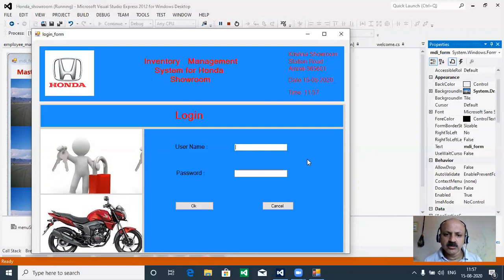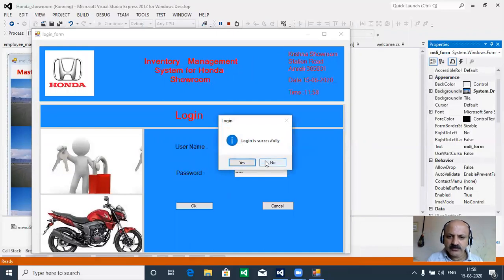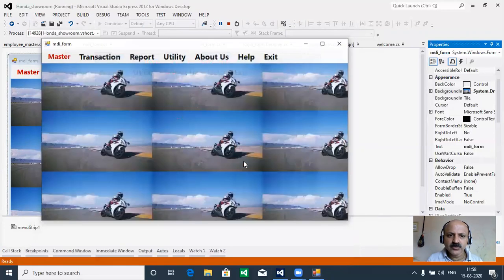So I also give one hint for how it is possible. So here we can use the correct username and password every time, but for the complete form you can start the project or test it from A to Z. But when you start your coding, at that time you can open that form directly, and test it, because the other method is time consuming. But when everything is complete, at that time there is no problem. So here you can give the Honda, that is our password, and just okay. Yeah, I give it here, if not provided, the MDI form will not open. So yes, now our MDI form is open.